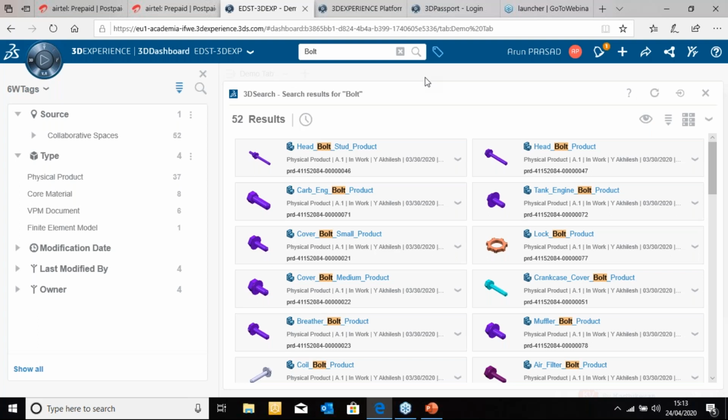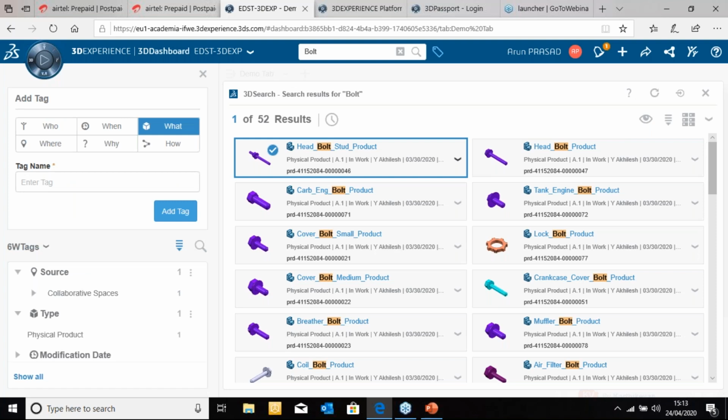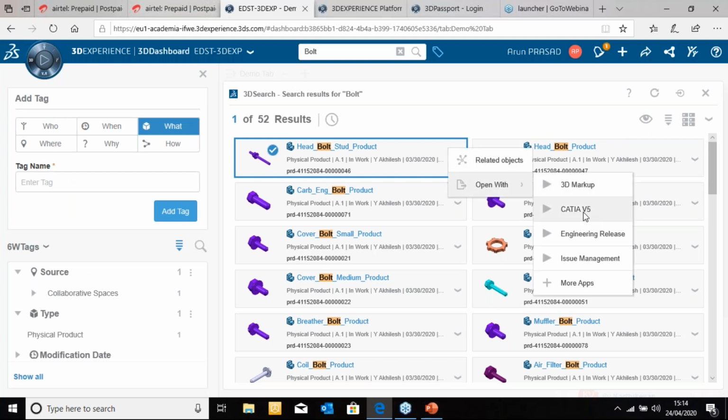It is not that we can make it available to everybody, but with necessary rules, access and authorization, it can be controlled as well. So I can just right mouse button click on this and open with. Whether I need to open it with CATIA V5, or I only need to do a 3D markup within the same interface without even opening the CAD software. I would like to see what this model is all about. That is possible with the inbuilt viewer, which is available in the 3D markup, what you're seeing on the screen.